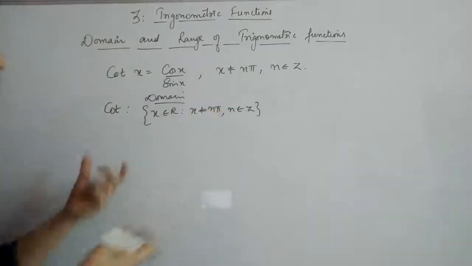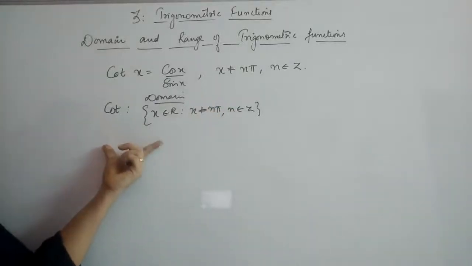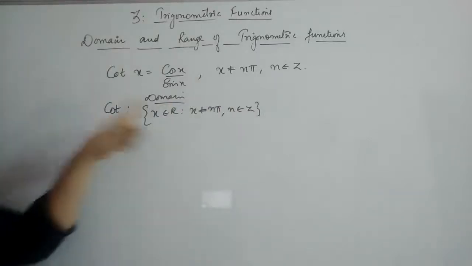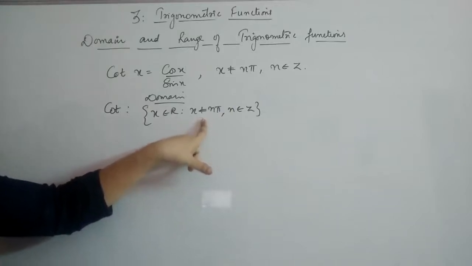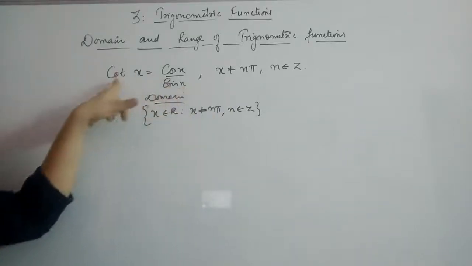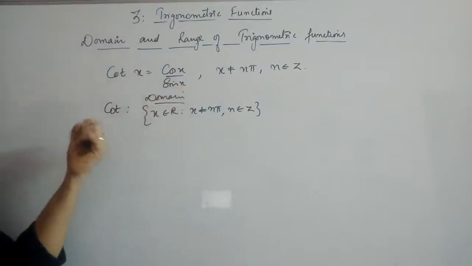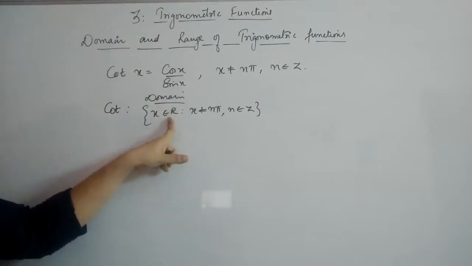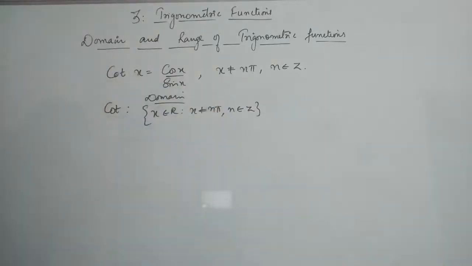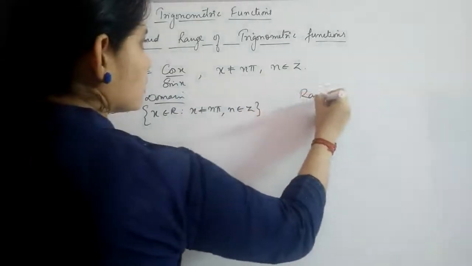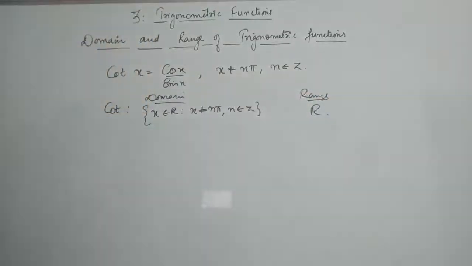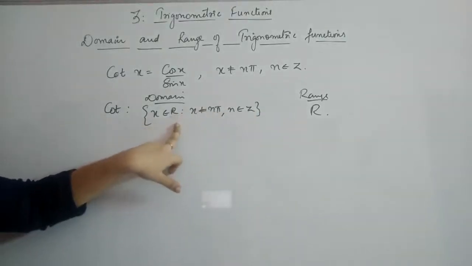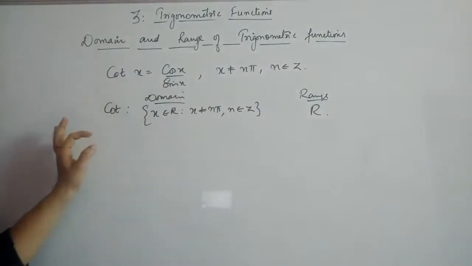And again for cot function, whatever we have seen for tan function, the same will be applicable for cot function. That means it will have all values. Since this condition is applicable, it is not having any value which will not define this cot, right? So for all other values, remaining values of x, whatever we gave, you will get the cot value as any real number. So the range is R. Okay, so its range is same as tan, but its domain is same as cosec. Domain of cot is same as cosec.